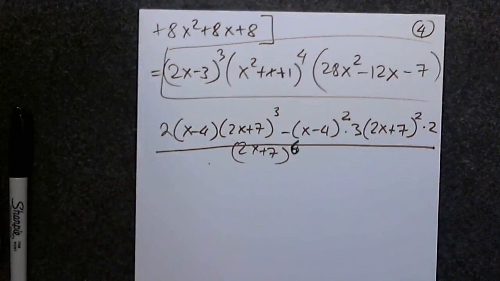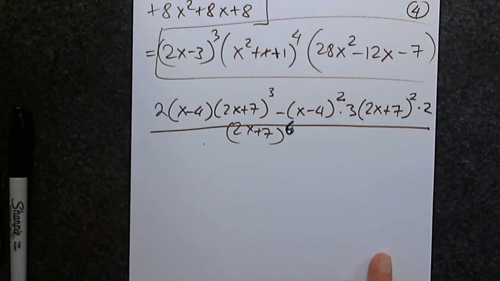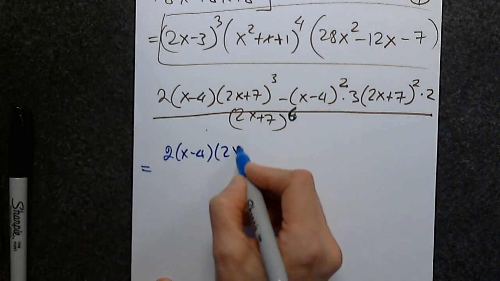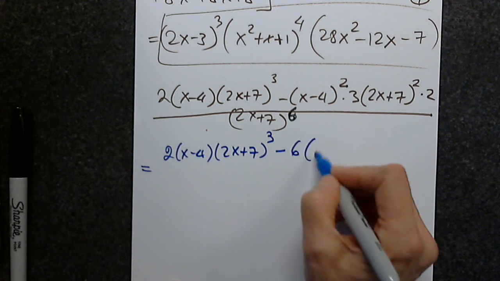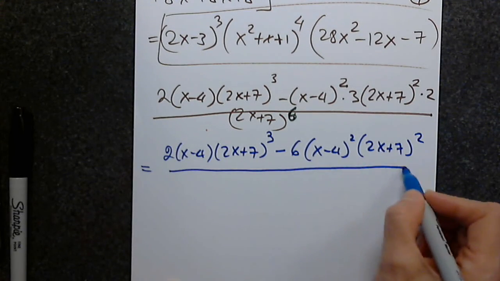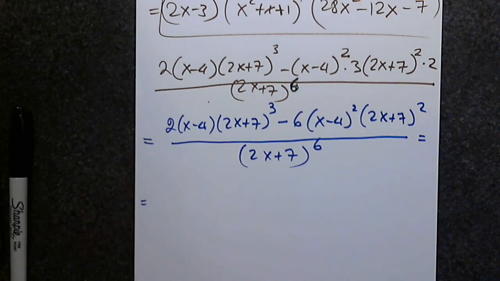Good. So how many terms do we have at the top, and are they completely cleaned up? Two terms, and the second one is not completely cleaned up. So then I have 2x minus 4, 2x plus 7 to the third, and you will write minus... 6. Good. Very good. And x minus 4 squared, and 2x plus 7 squared, and everything divided by 2x plus 7 to the 6th. Good. So now my question is,